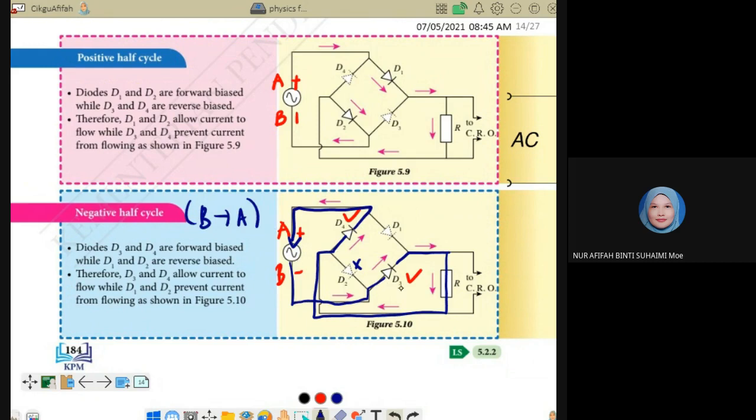Okay, D3 and D4. For the positive half cycle, D1 and D2, from A to B. This one is from A to B. So it comes to D1, in forward bias. It cannot go through D4. D4 is reverse. It cannot. So it must go through the one in